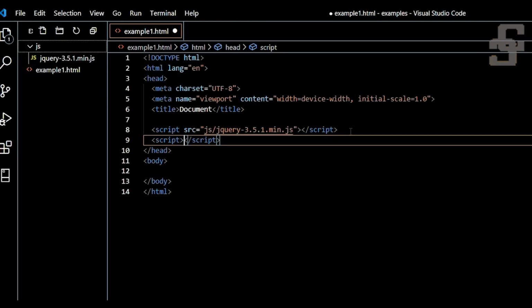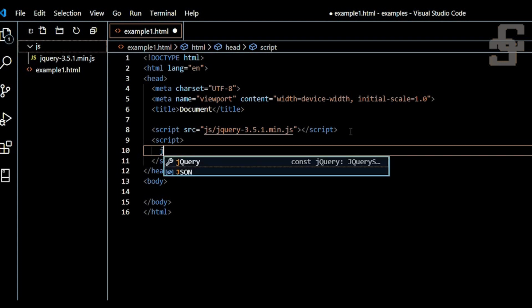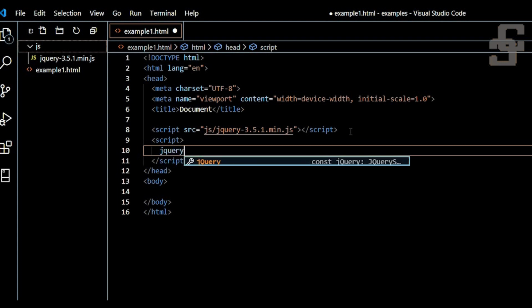If you are writing any jQuery functionality, you just write it between script tags. Here, jQuery is a function. We can use it as window.jQuery or simply jQuery, or we can use the dollar symbol.